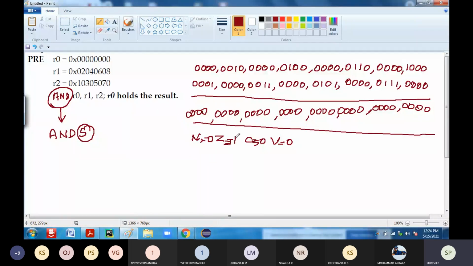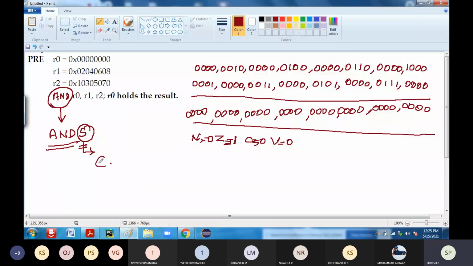So that's why your zero flag will be set to 1, provided you have the suffix s in your AND instruction. Keep in mind that your flags will be updated only if you have the suffix s in your instruction.